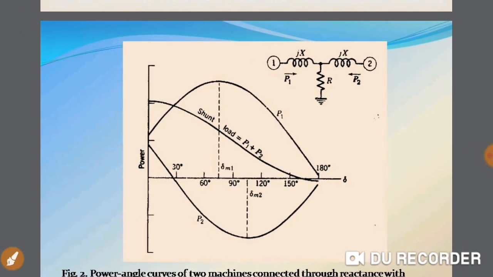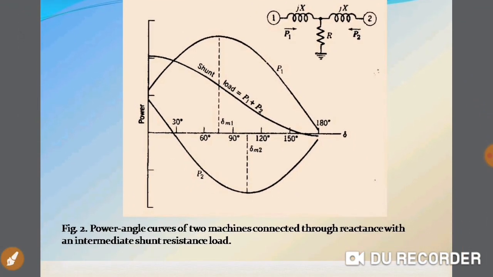So here we conclude the two facts of the power angle curves of the two machines which are connected by a positive resistance, as well as what happens when it is connected to a negative resistance system. So I hope you have understood this lecture on the two machine system with losses, with the two types of loads with positive and negative resistance.